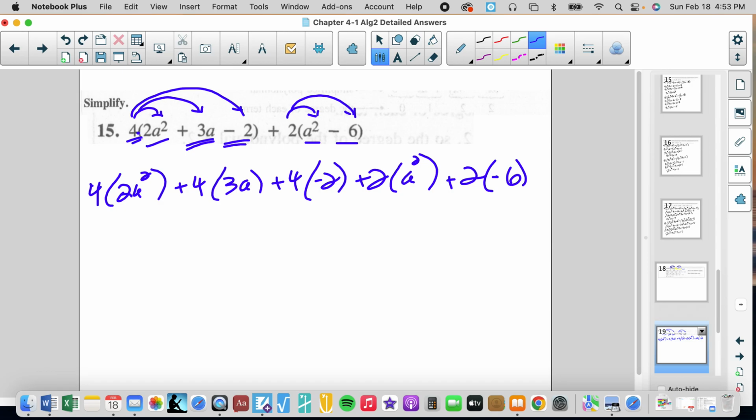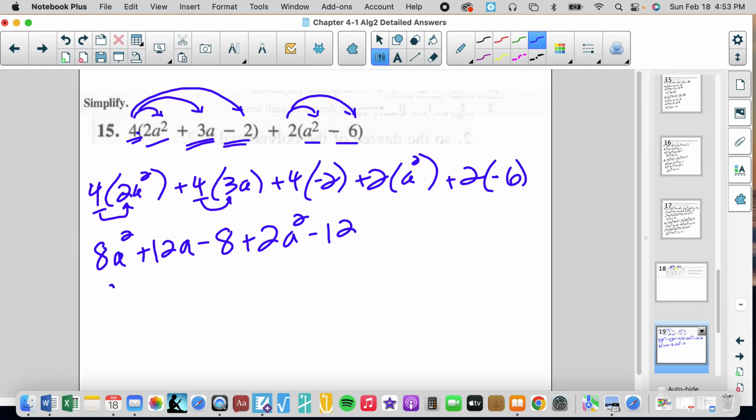Seeing those terms. So when we multiply 4 times 2a squared, number times number, variable times variable, so there's no other variable. 4 times 2 is 8a squared. We have 4 times 3, which is 12a. 4 times negative 2 is negative 8. 2 times a squared is 2a squared. 2 times negative 6 is negative 12. I'm going to rewrite them in descending order